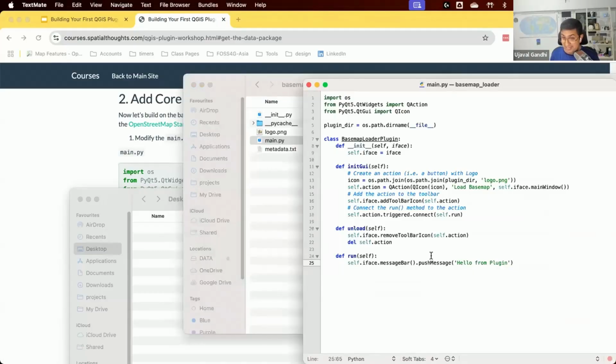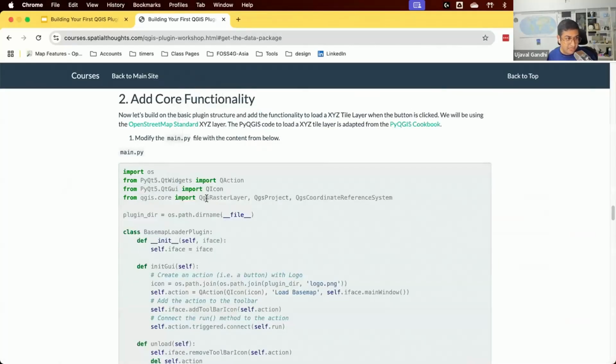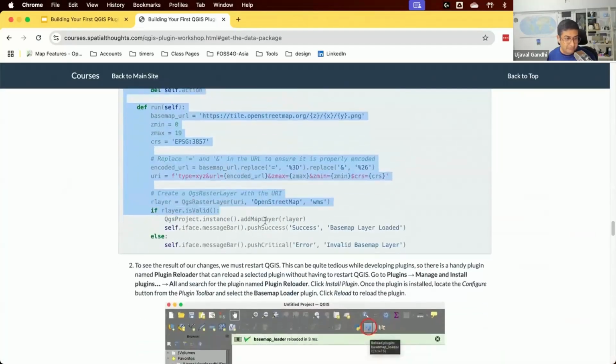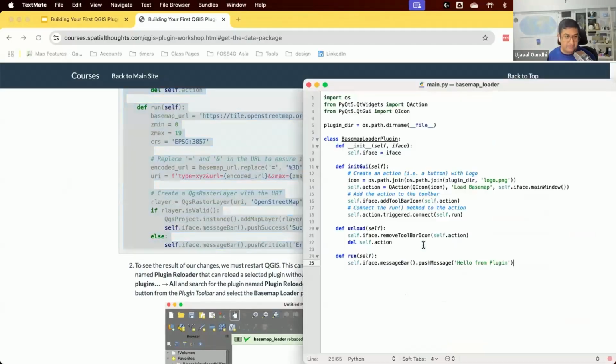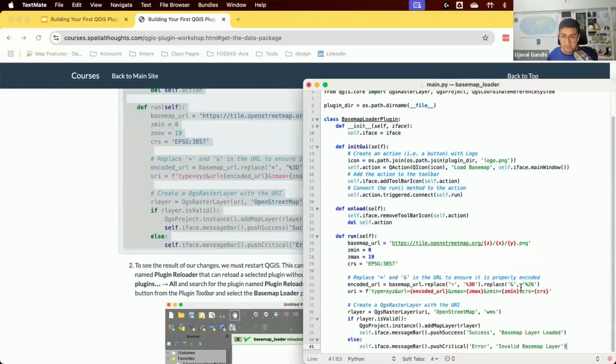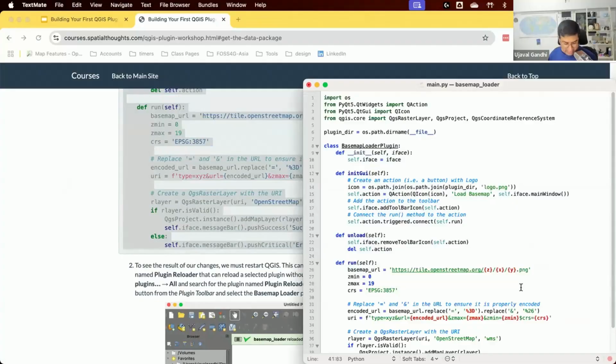And this is the file that exists. We're going to replace the content with the new content, which adds some functionality. So I'm going to come to section 2 here, take the main.py file, copy the whole content, and replace the whole thing, and save it. We're going to go through and understand what this does, but for now, let's just see if